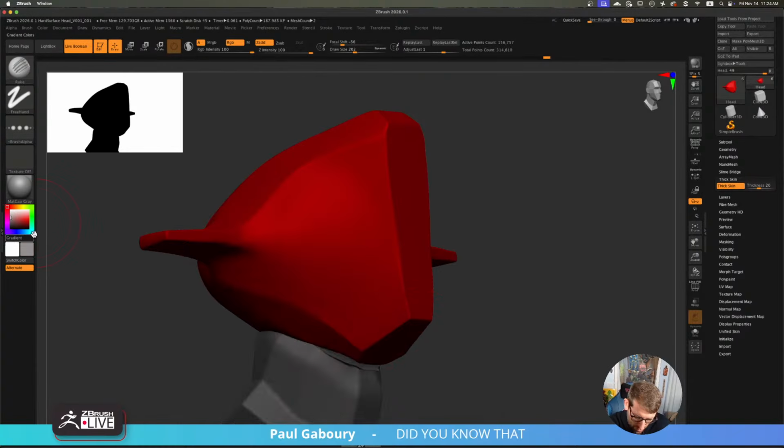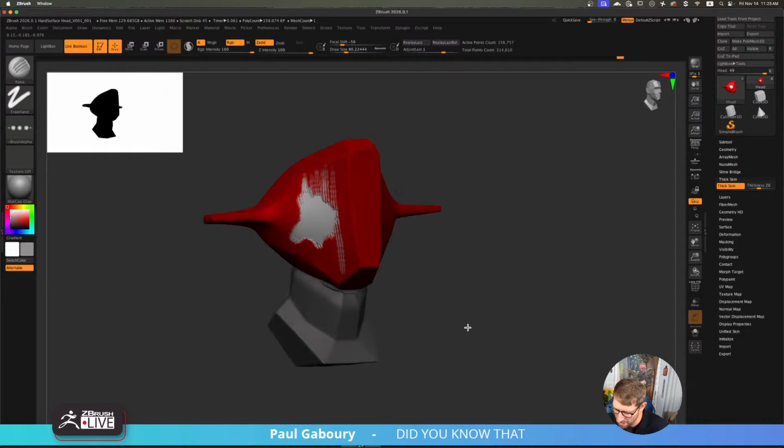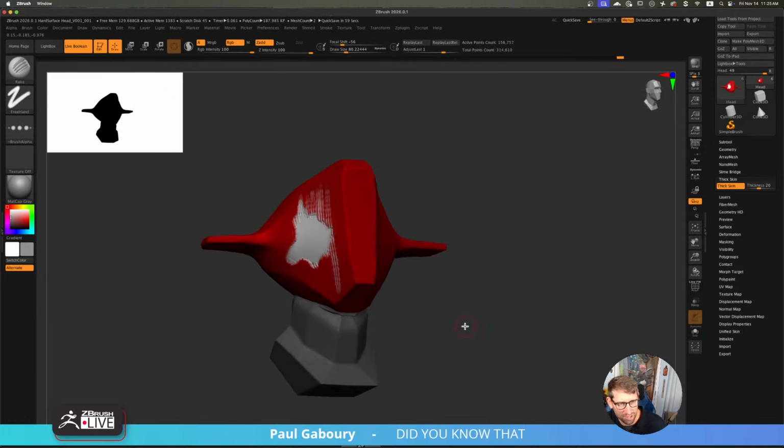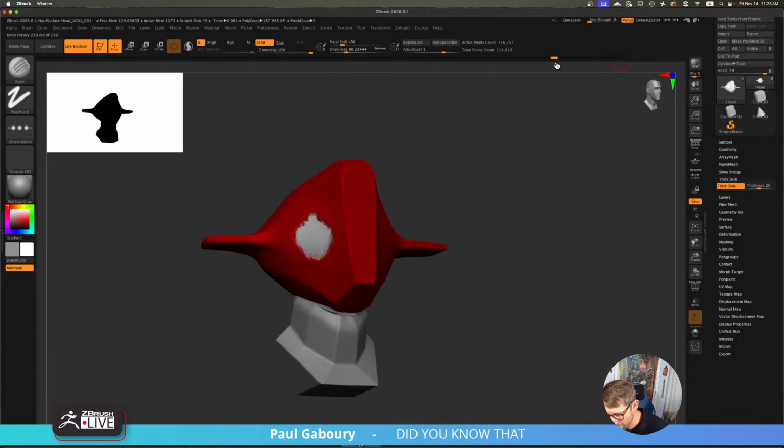I'm going to do some black. Let's do a dark gray. And then now see, I'm designing with this brush as if it's damaged. But then the thick skin's only going to let it go this low, as if I'm damaging through the paint jobs, like multiple paint cycles, and then I am painting and sculpting at the same time, right? This kind of stuff is also where you can take advantage of this. There's a lot. I think thick skin is an underutilized feature, in my opinion. I think it's extremely powerful, and I just don't think people are really using it and playing with it enough, in my opinion, of course.